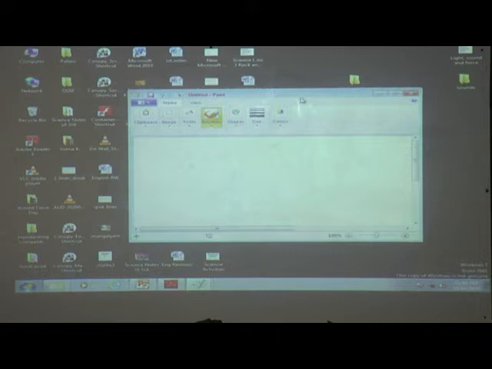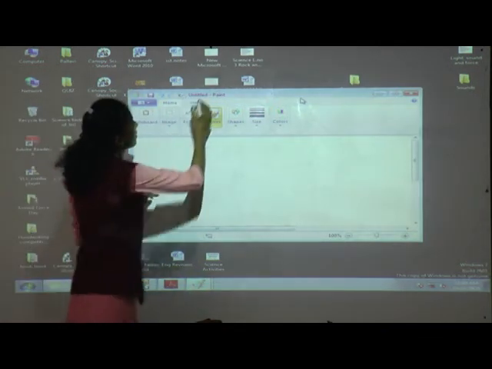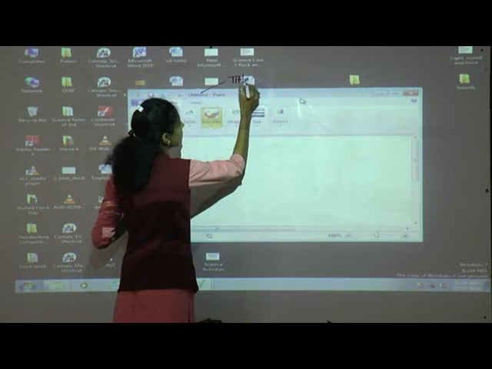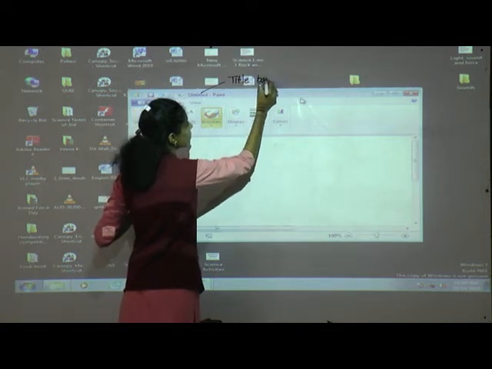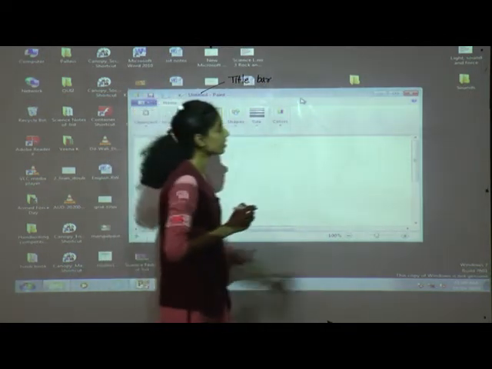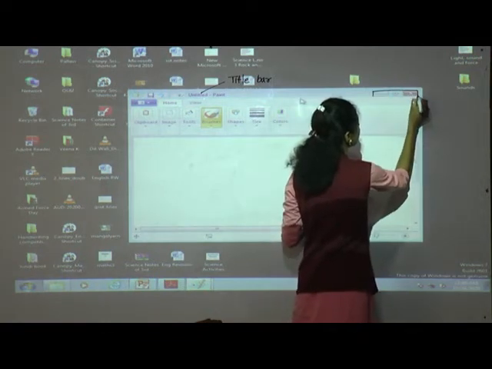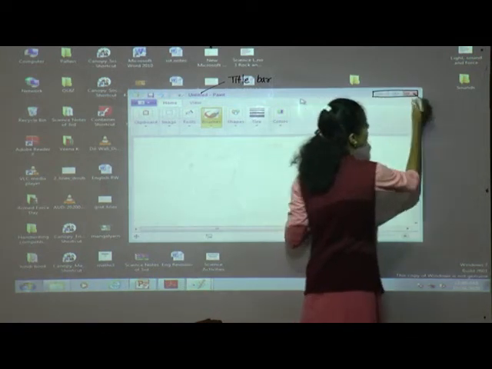Like our notepad, the first one is the title bar. You can see it is untitled, it is the title bar. These 3 buttons are called control buttons.